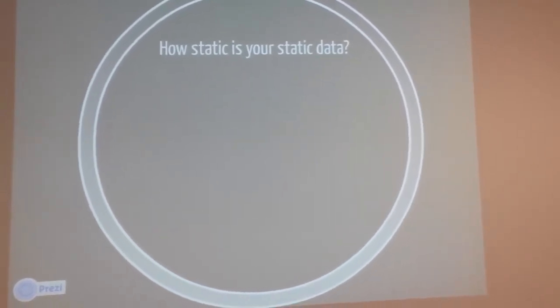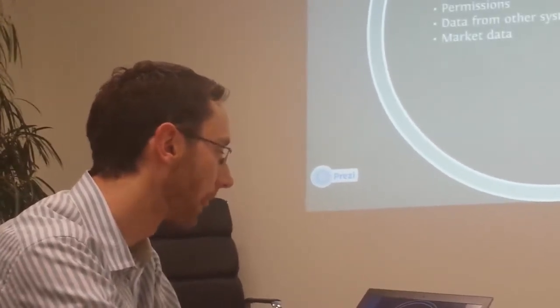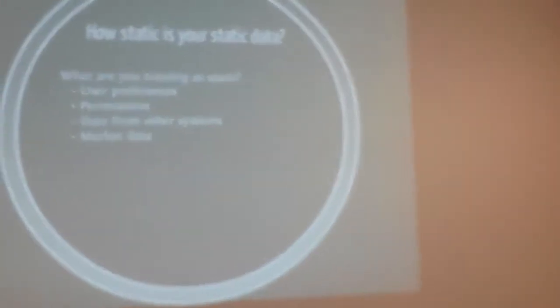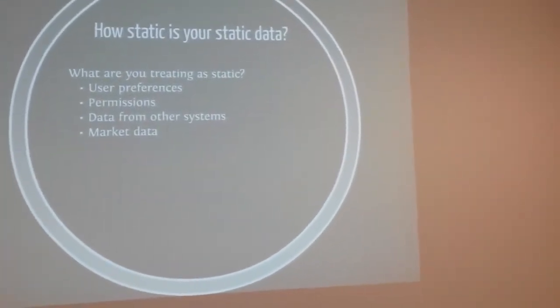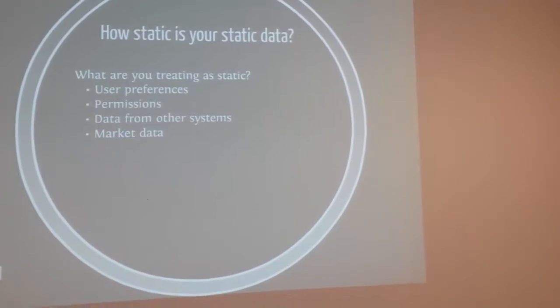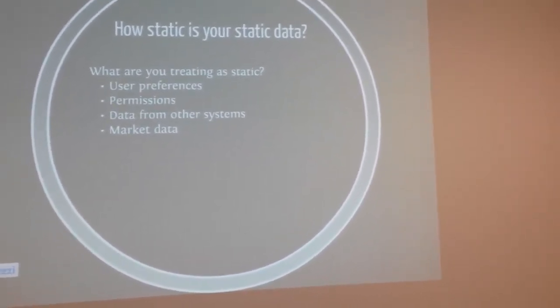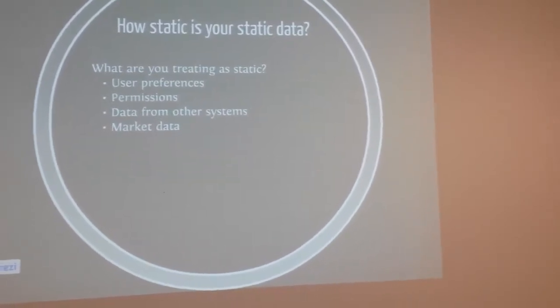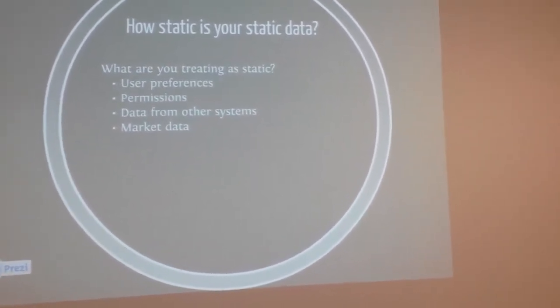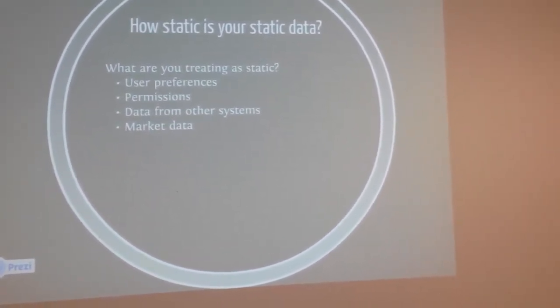So I talked about this a minute ago, but thinking about static data in our systems, often we have this data that we treat as static, and if it changes, the user has to log out and log back in again, or we have to shut down, and it'll get picked up the next time the app recycles or something like that. And sometimes the data isn't really all that static. Things like user preferences and permissions will change, and sometimes you just cope with the fact that you might be using out-of-date data, but Rx can let you deal with changes in that data